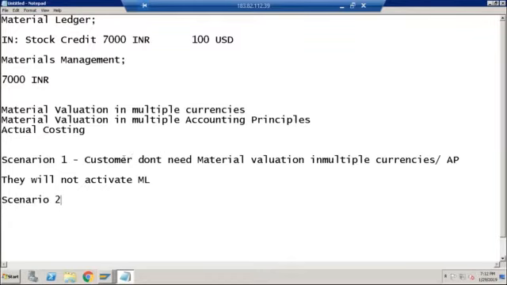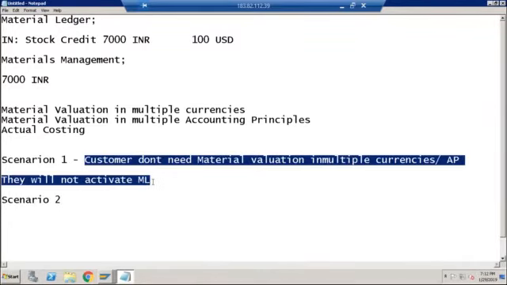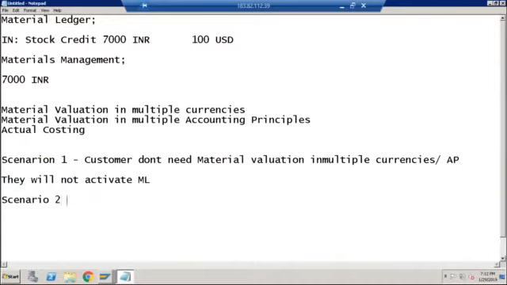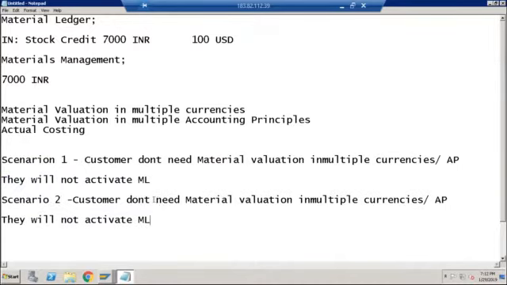There is scenario 2 where customer needs material valuation in either multiple currencies or in multiple accounting principles. So in that case, customer will activate material ledger functionality because this is the only option if you have this requirement, right? Now, what is the difference between these two scenarios?